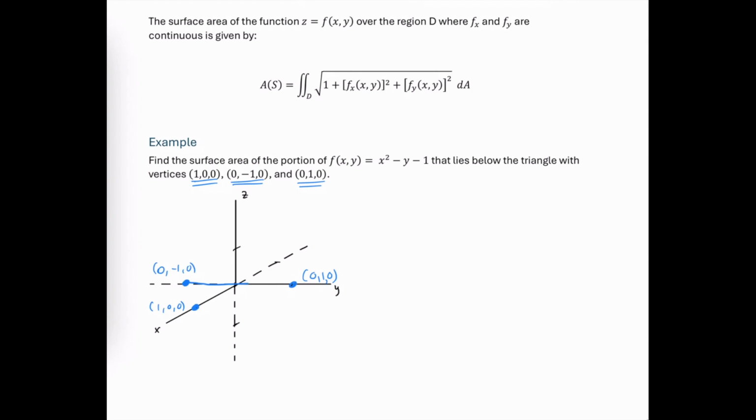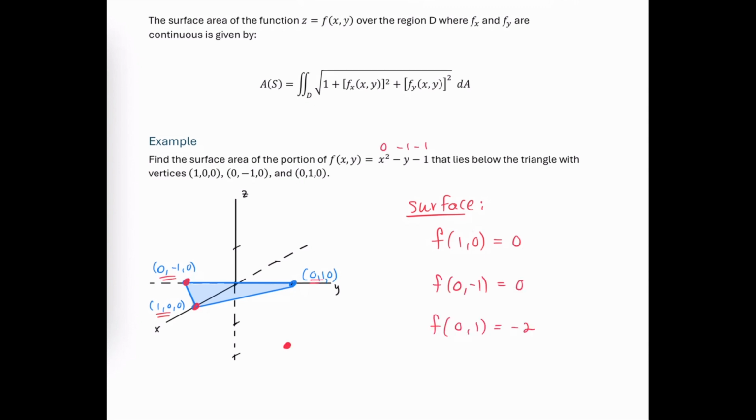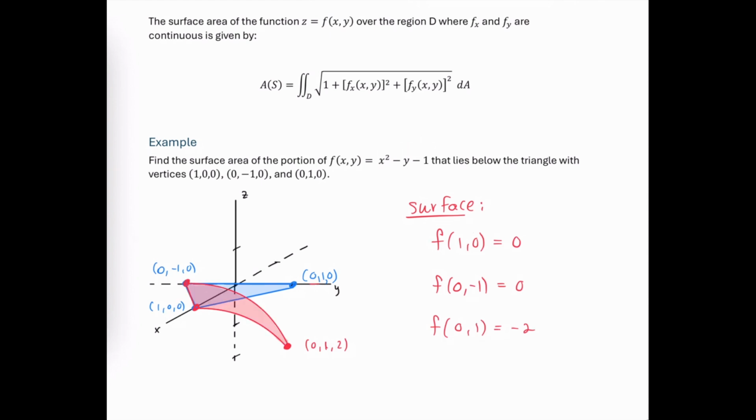Now these three ordered triples are going to make up that domain region in the xy plane over which we're going to integrate. And we actually don't need to know what this surface function looks like. However, if you were curious, we could plug some of these domain elements into the surface function and get ordered triples that are on the surface. So again, while we don't know what the surface looks like, we can come up with a little bit of a concept drawing here just to illustrate that we're looking for the surface area of this little piece of the